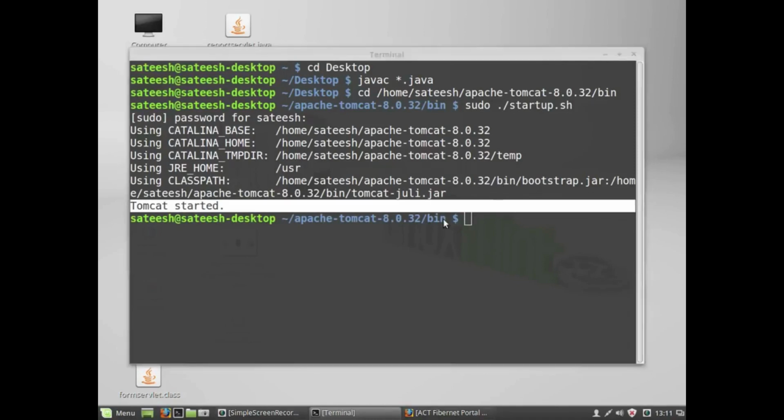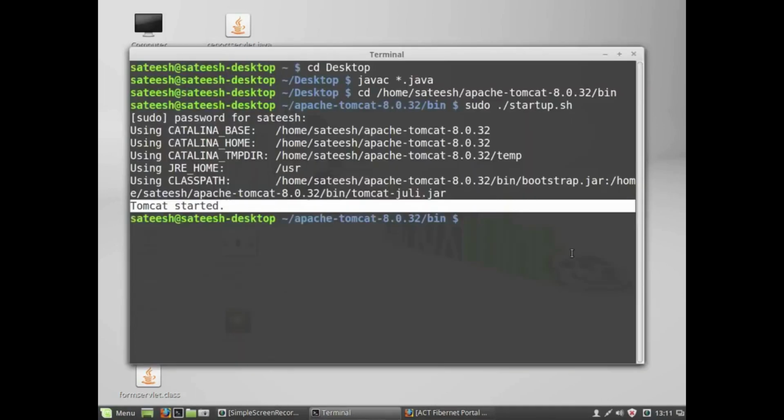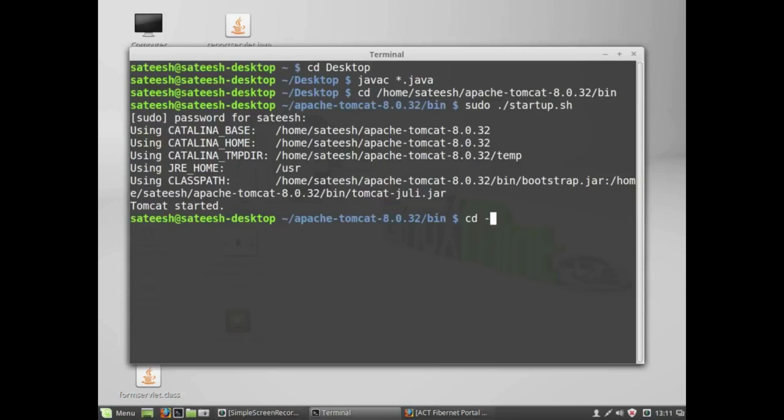Before that, because we have an entire folder, in two ways we can deploy. As you know, I already have a video on how to deploy a simple servlet application. In case you are not aware, please watch that video on how to deploy a simple servlet in Apache Tomcat. In two ways we can do it: simply copying this entire folder into Apache Tomcat's webapps folder. That is one way. The second way is to create a WebArchive file. I recommend creating a WebArchive file, because in case Apache Tomcat is not available on your own machine and is on some other machine, then we cannot do the copy-paste activity. At that time, we need to know how to create a WebArchive file.